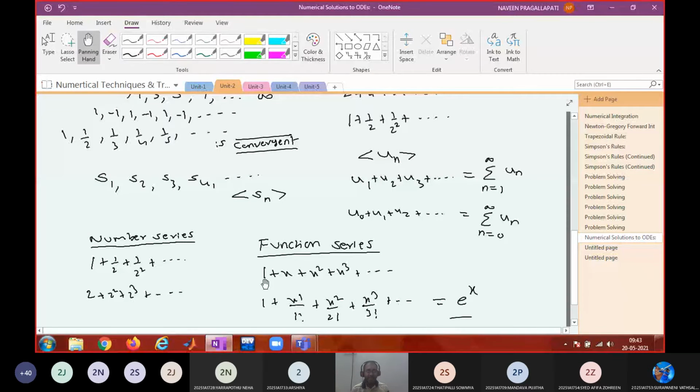Am I right? So when I substitute x equal to 1 in this left hand side expression, that sum means e power 1. If I substitute 2 in the left hand side expression, that sum means e power 2. Do you agree or not? Yes, sir. Okay, so fortunately only like this can you express the sum of a convergent series as a formula, only for certain types of series. It is not so easy to write or to find the sum of a convergent function series.